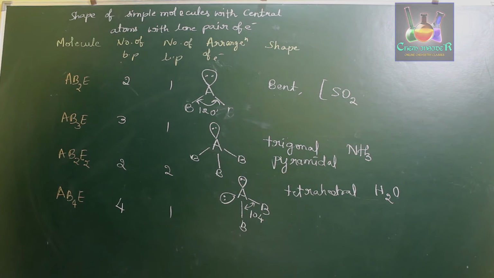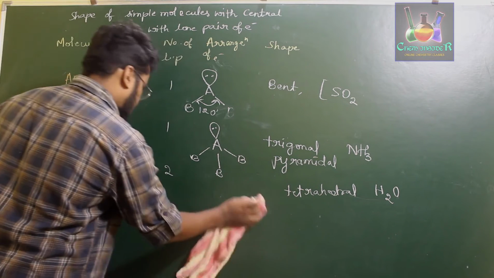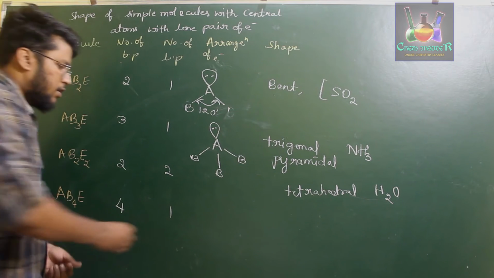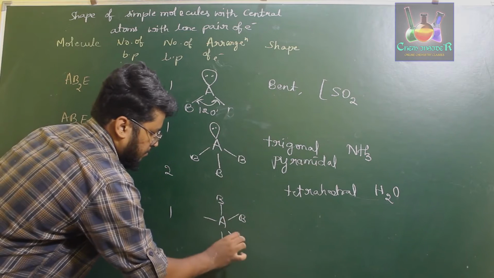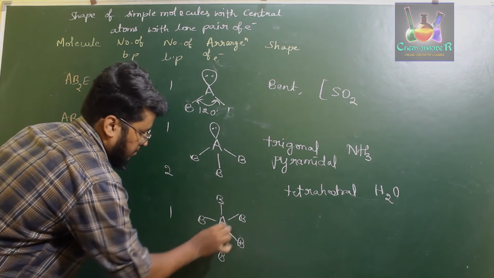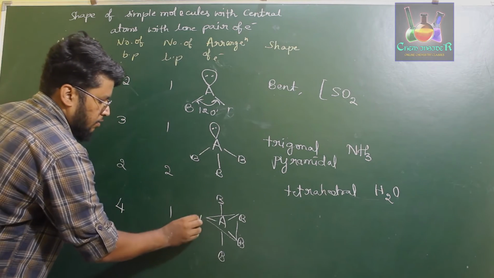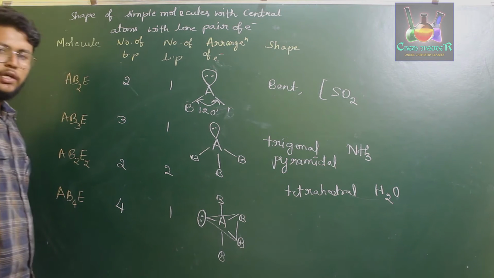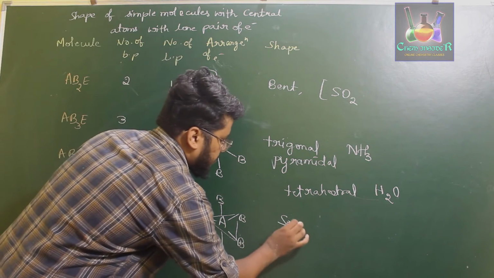Okay. Next, for the type of AB4E, where the geometry will be of the type, usually if you consider AB4E as AB5 molecule, it should be having trigonal bipyramidal, right? Trigonal bipyramidal as such as like this. Trigonal bipyramidal shape. Now in this particular 1 B position, we are going to replace it with E, that is nothing but the lone pair of electrons. This particular geometry of AB4E is called seesaw geometry.